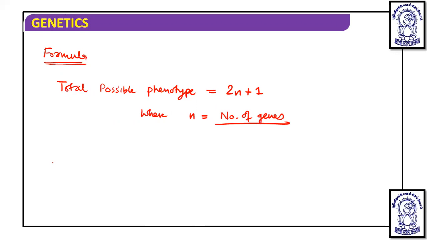So this is the total possible phenotype. And to identify the total possible genotype,